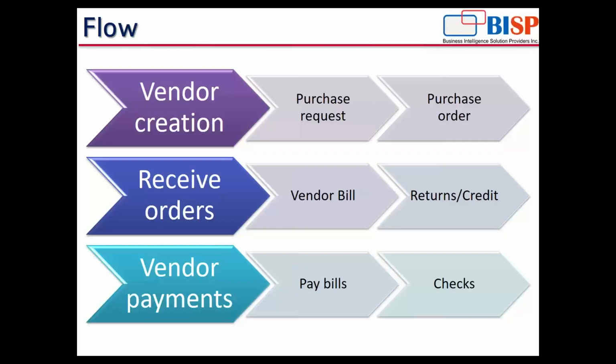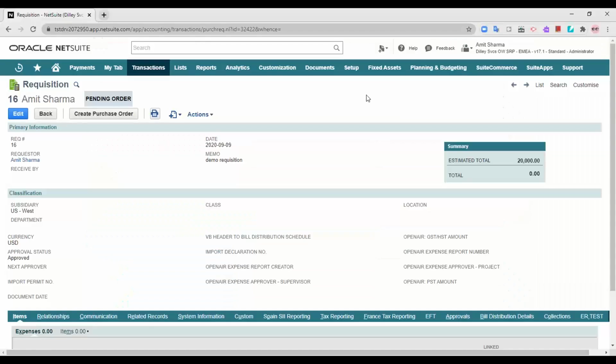Now directly from the purchase request only, I can create a purchase order. So as you can see, I have the option of creating a purchase order directly from this particular requisition. Now here the option is available because this particular requisition was approved. Had it been pending for approval, whoever was my superior would have to approve it, and then only this particular option would have been active for me. Now since this is an approved requisition, I'm going to create a purchase order directly from here.